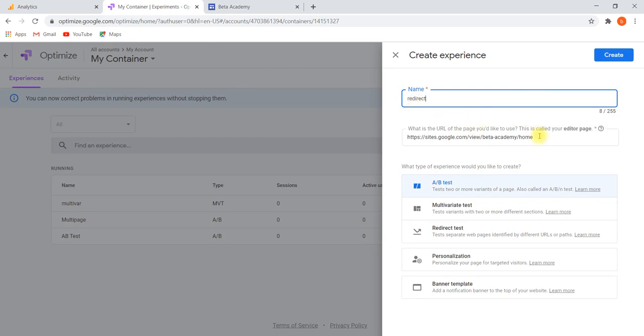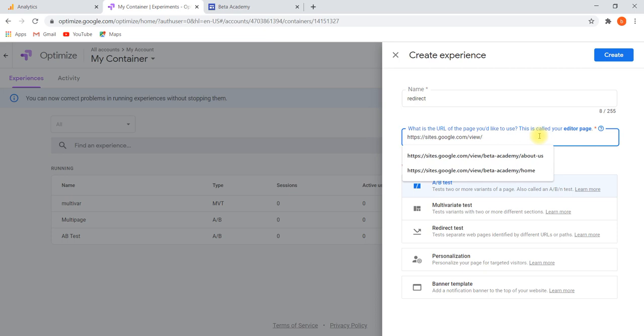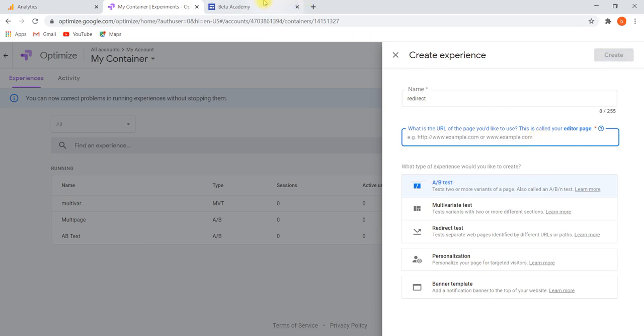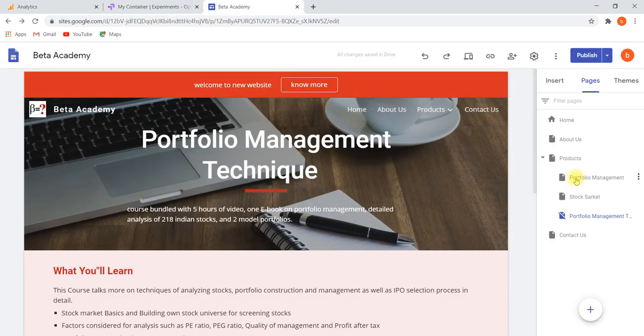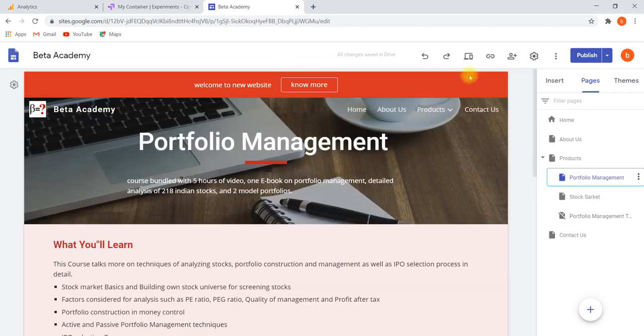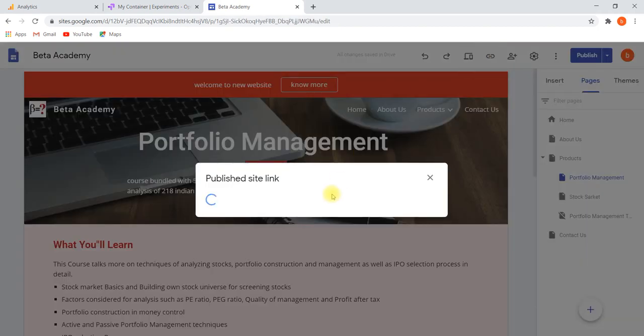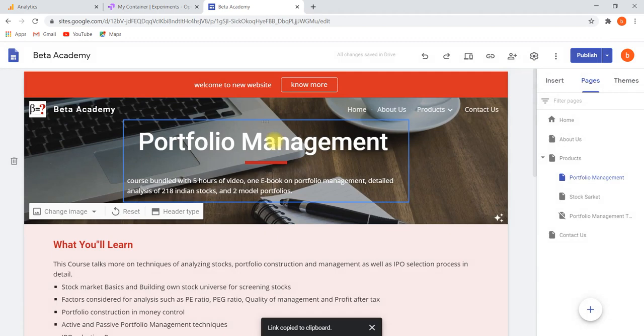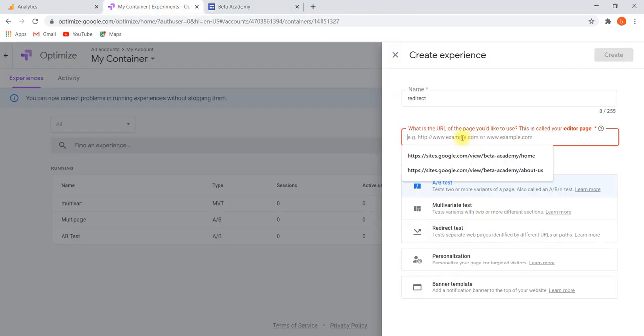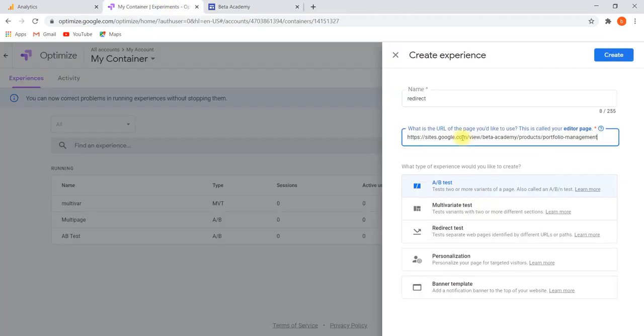First page, I would like to take the original one, that is the portfolio management page. Copy that particular link, here, control V. Then redirect test.